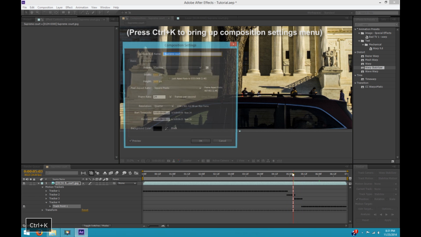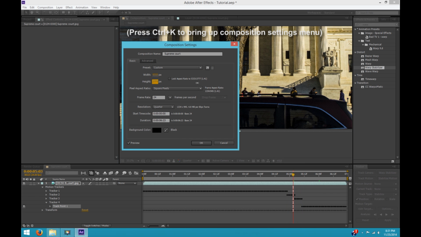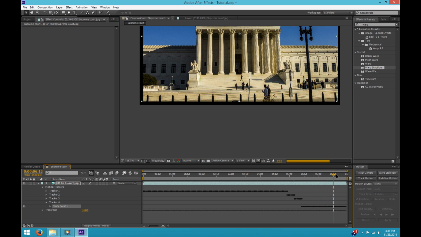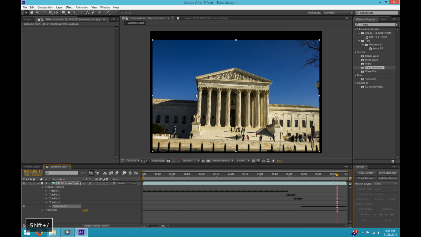It's still getting cropped a little bit. Let me make the height a little bit bigger. And just trying to keep this thing within the frame. Okay, so it can be extra large. The composition can be extra large. That doesn't matter as long as it's not cropping our image.